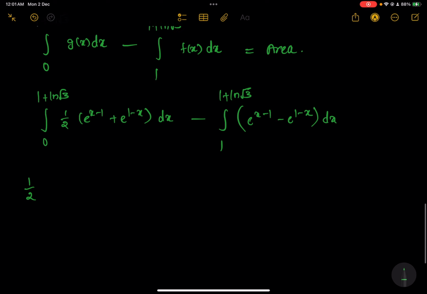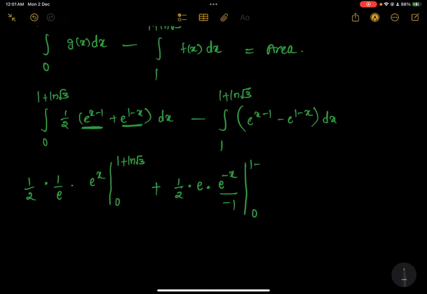So half comes outside and we integrate. So we are integrating the first term. This is e power x by e, so 1 by e also comes outside. Integration of e power x is e power x, and that goes from 0 to 1 plus ln root 3. Plus, similarly, 1 by 2 for this term also comes outside, and this is e into e to the power minus x, so e also comes outside. Integration of e to the power minus x is e to the power minus x by minus 1. This goes from 0 to 1 plus ln root 3, minus